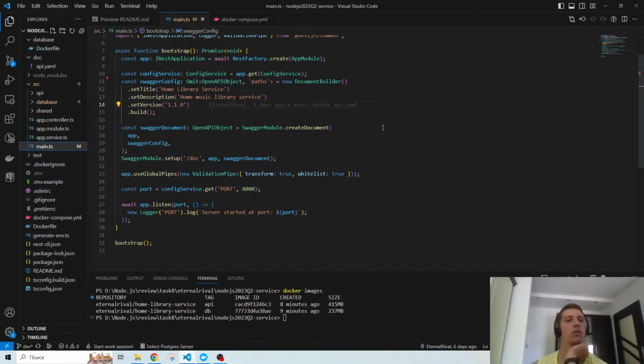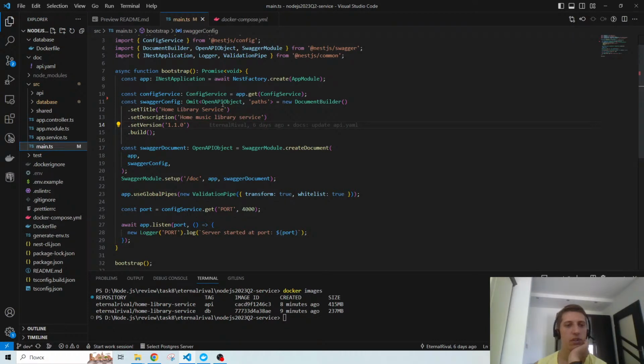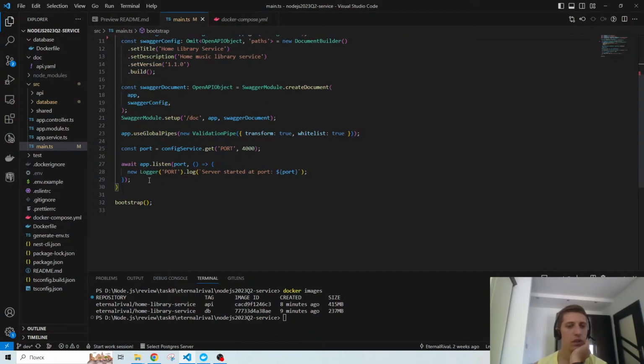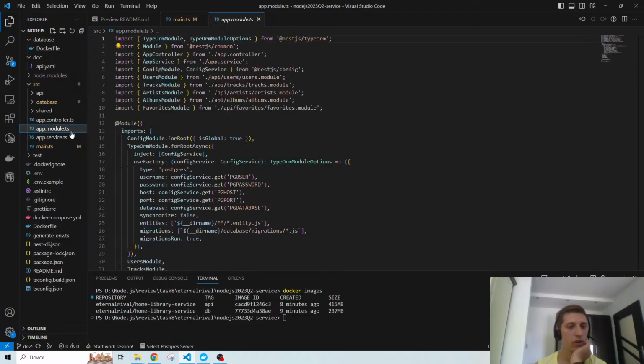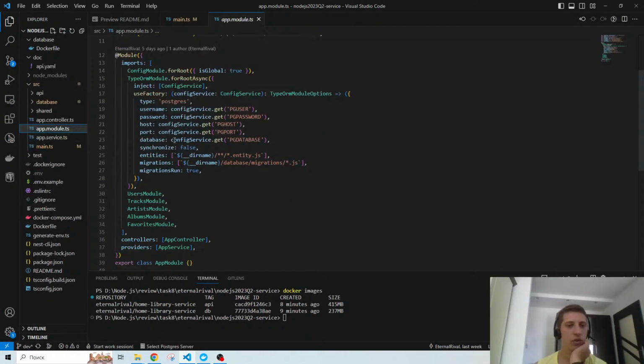Okay, we still have all this configuration in the bootstrap file, in the bootstrap function. We create a Nest application. We connect stuff at top level like global pipes. We set some environment variables, and we run the application here. And also